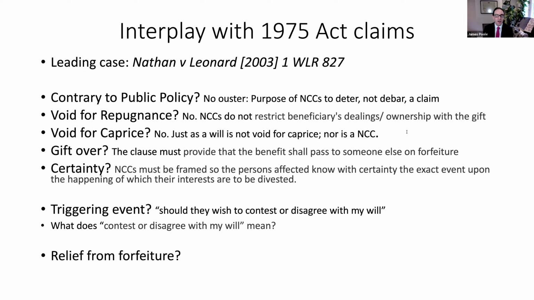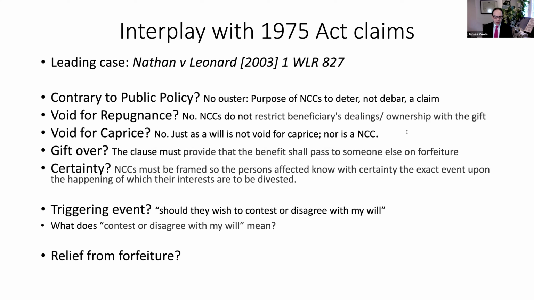Now, obviously, if you've been given a fiver in a £1 million estate, there's no real risk at all, you're giving up nothing. But if you've been given quite a lot of money and there's a chance you might not do better than that, or you might do similarly, then that completely changes the risk analysis in deciding whether to bring a claim or not. This is particularly so in the context of 75 Act claims rather than probate challenges, which are obviously binary in outcome: the will is valid or the will is not valid. But in a 75 Act claim, there's a range of potential outcomes for any claimant, and it's very hard to say with any certainty that someone will get this or that. Generally speaking, you advise and say you could get somewhere between X and Y.